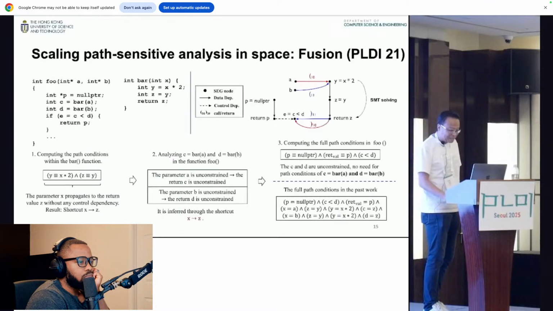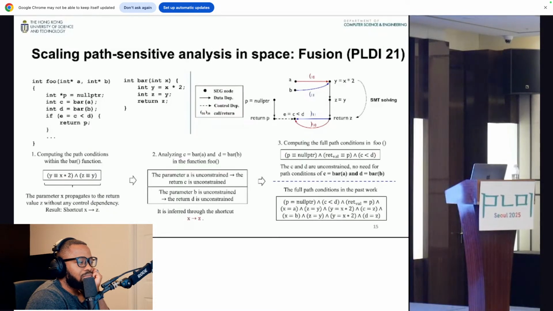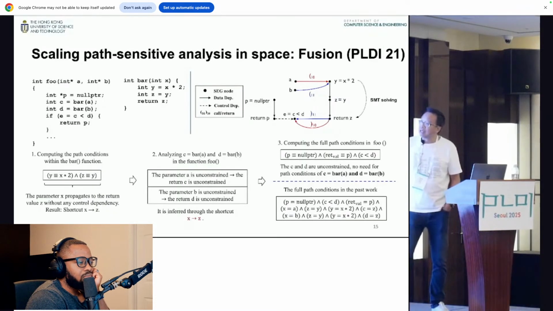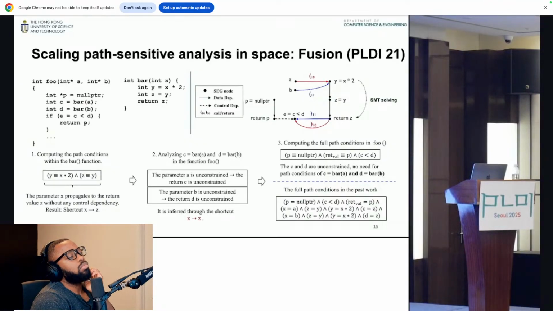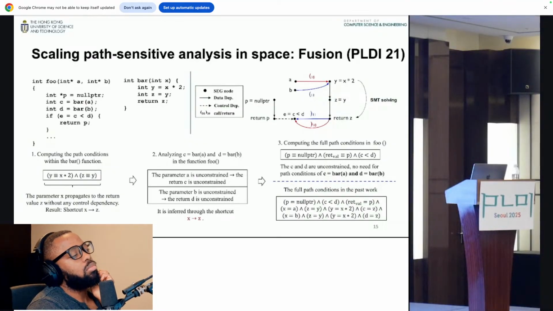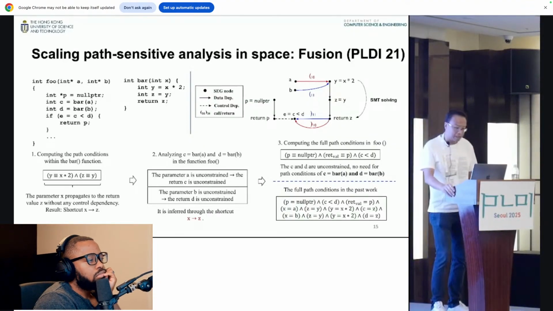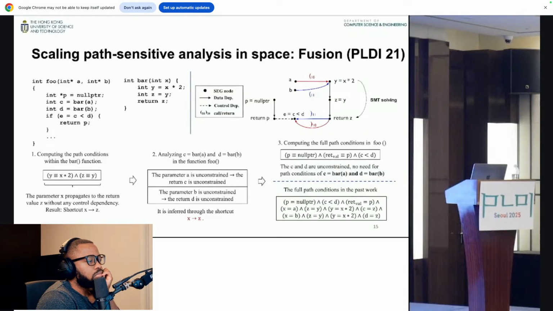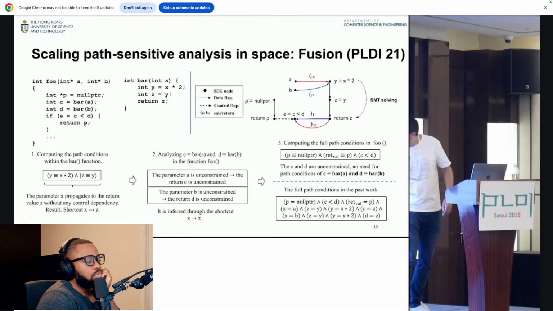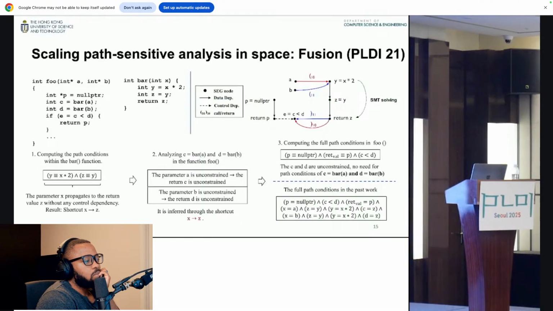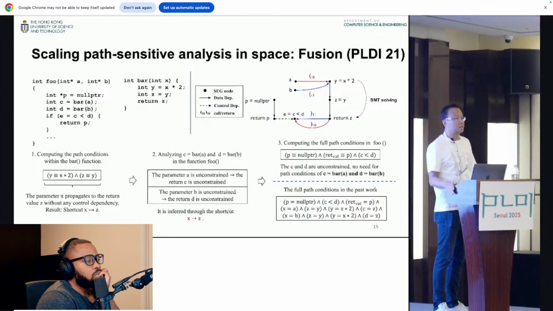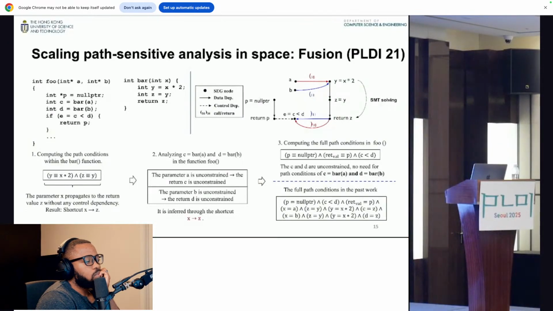Another observation we make is that once we know the program structure, we can save a lot of effort in encoding path conditions. For example, in encoding path conditions for function foo, we have to consider how these variables flow inside function bar and come out. Usually we would encode everything with a big formula. But a quick look into function bar shows that the input and output have no other path conditions. It's just a linear relationship. There's no use in encoding all these linear relationships. So it's equivalent to just ignore whatever's inside and encode the condition directly. In terms of SAT, it's the same result; it doesn't really affect anything. So by leveraging the program structure, we can speed up SAT a lot.